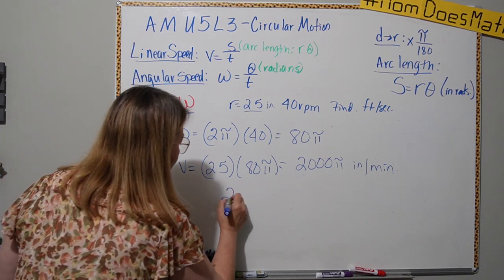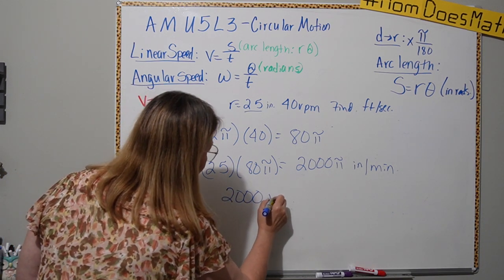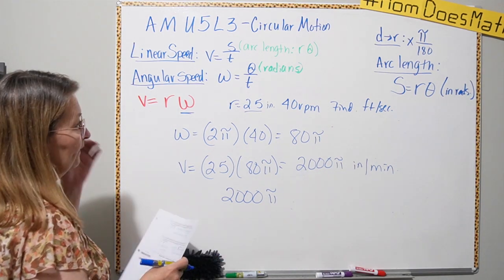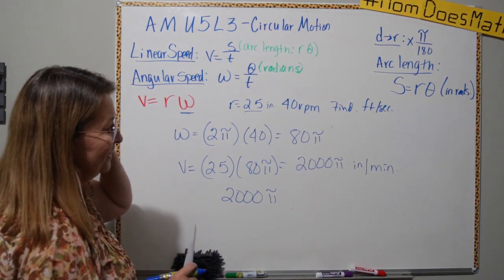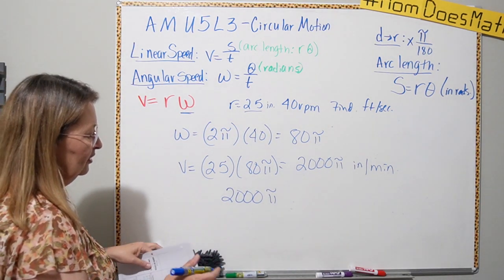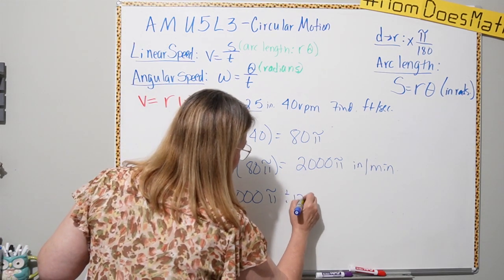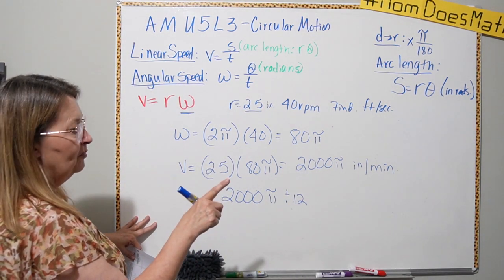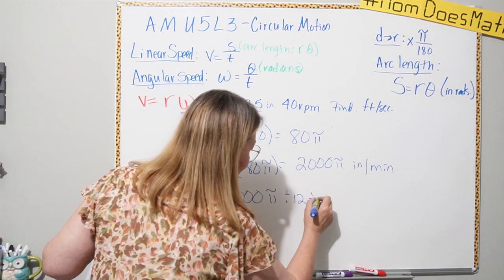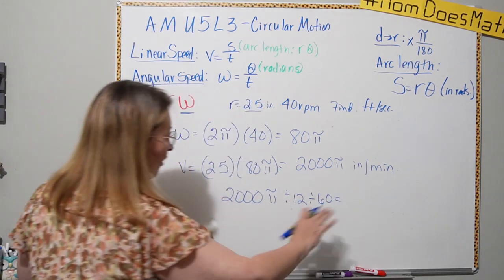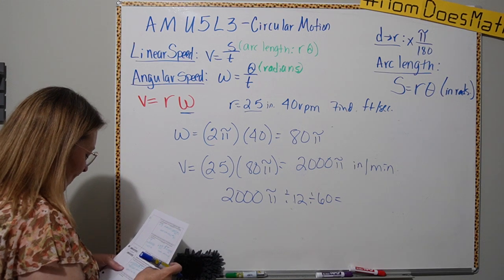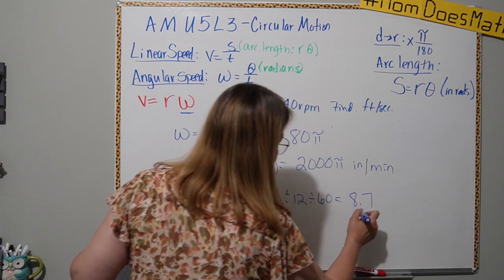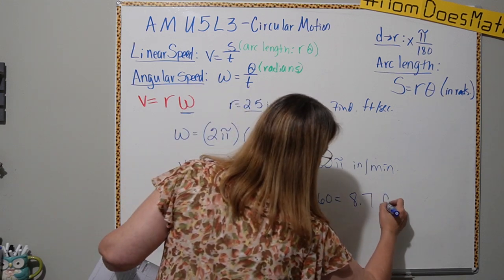So let's go ahead and convert. To go from inches to feet, what am I going to do? I'm going to divide by 12. And then to go from minutes to seconds, what am I going to do? I'm going to divide by 60. So you can do all that at once. When you put that in your calculator, that's going to give you 8.7